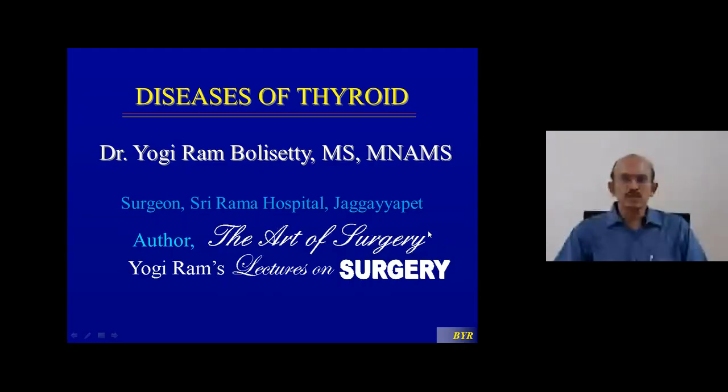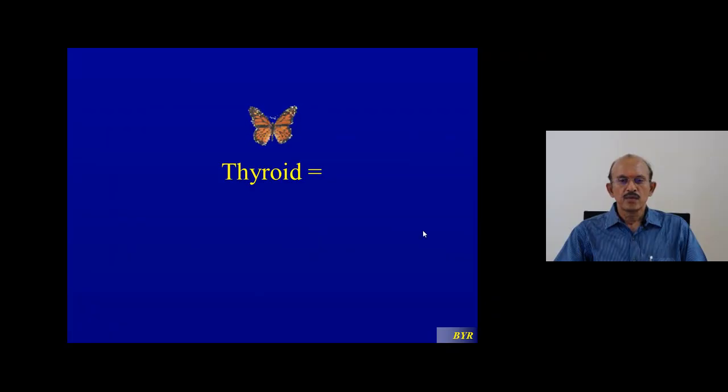Today we are going to start the topic on disease of the thyroid. Thyroid is a butterfly-shaped endocrine unpaired organ situated in front of the neck. It derives its name from the word shield. Thyroid means shield